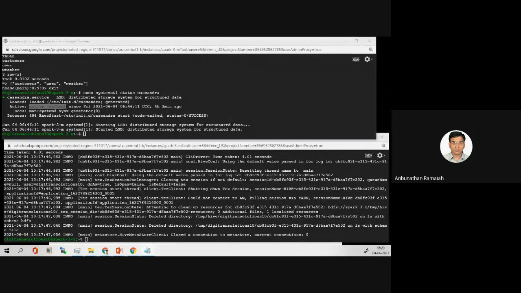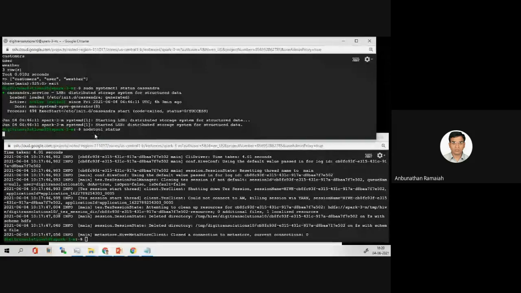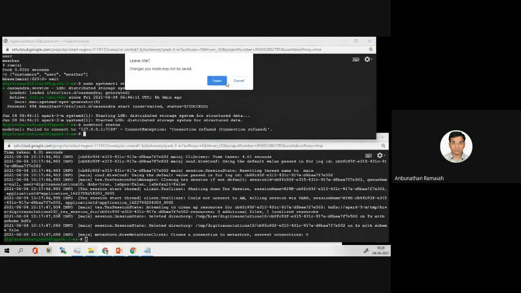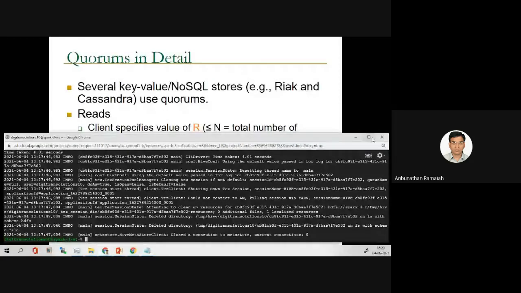Now nodetool status. Nodetool status. Failed to connect, connection refused. To solve this problem, what we have to do is, in the morning we got a similar issue.